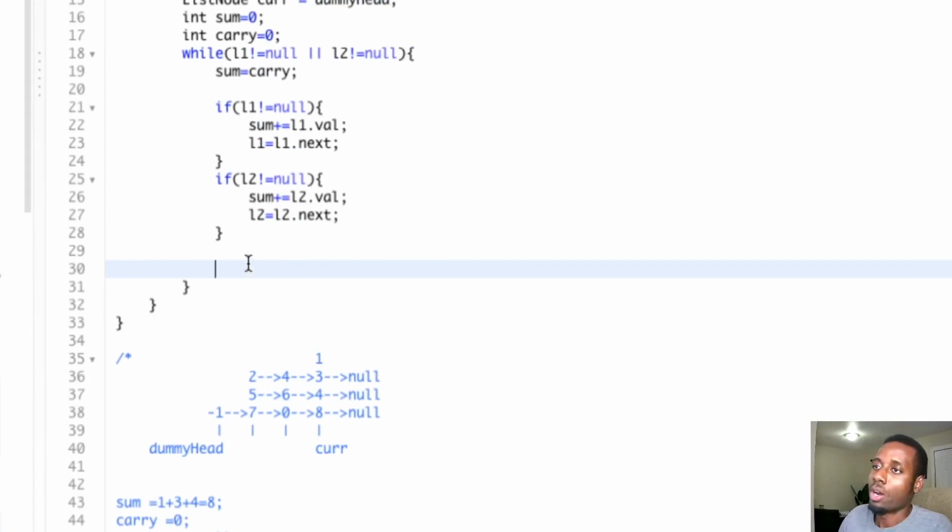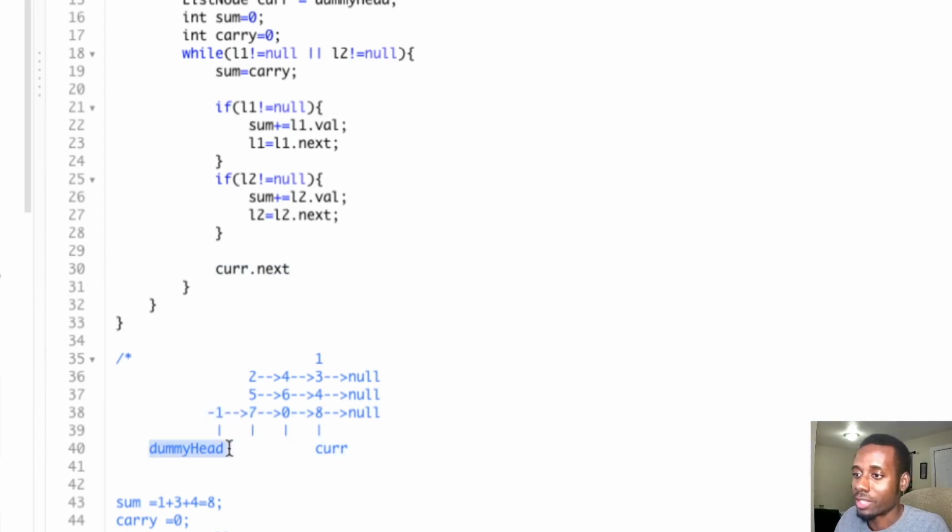So now we're going to do cur.next. Because I told you when we had 7, cur initially was at -1, exactly where the dummy head was. Now we need to create a new node for 7, since we got the sum now. To add the 7 to the list that we're creating, we need to set cur.next, so -1's next,